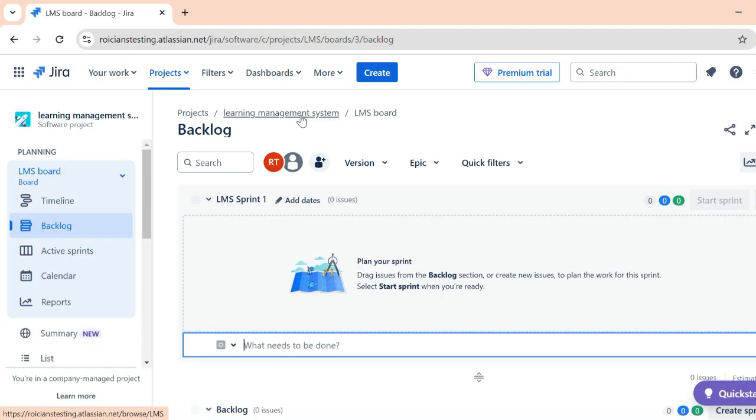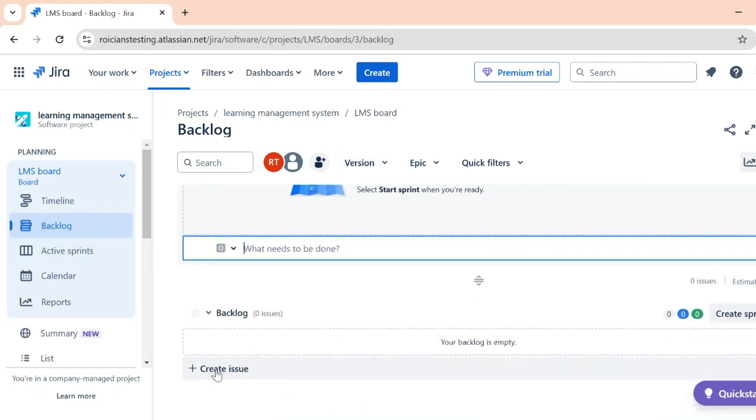So I'm opening this Jira dashboard. Here, the first thing you must understand in Jira is everything in Jira is an issue. Be it bug, story, task, Epic, everything is an issue in Jira. So in order to create any issue, you are supposed to click on this button called create. There are many options. You can click on this create, you can go to backlog also and click on create issue. I mean, you can navigate through anything in Jira because Jira gives you multiple ways to do the same thing. So don't get confused, you can click anywhere.